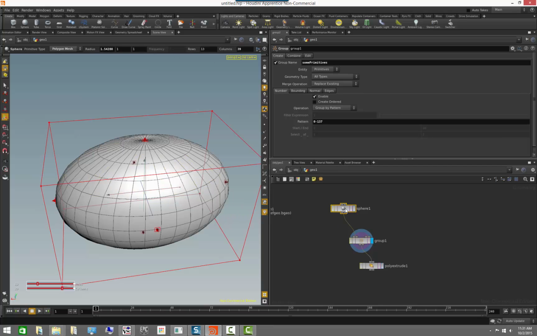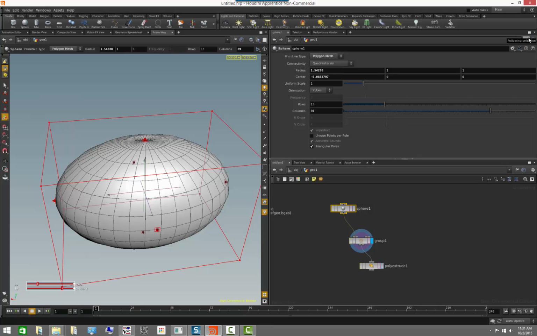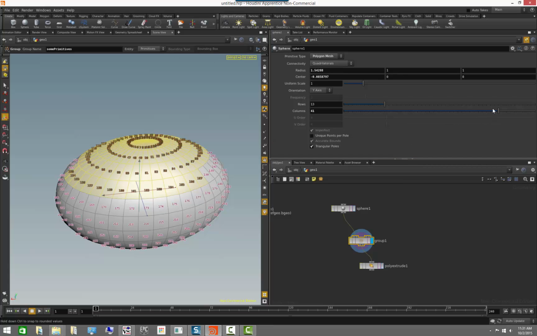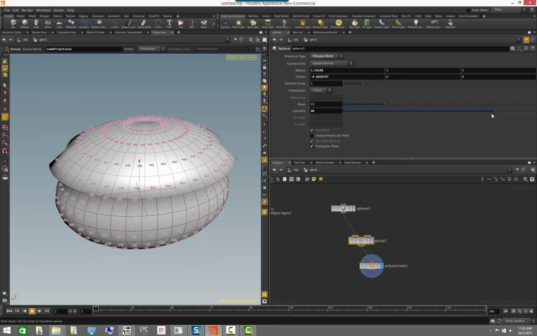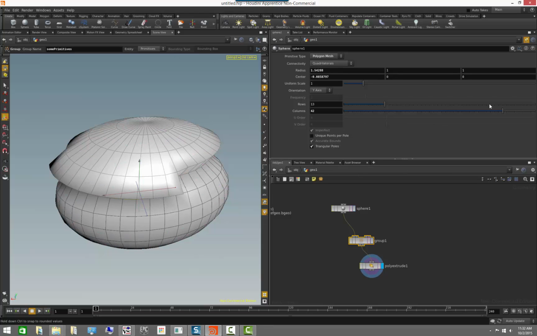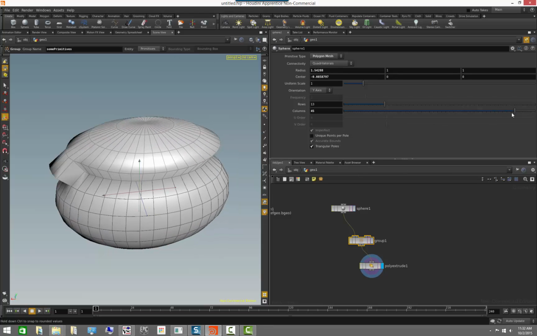Okay, if I select the sphere, and I pin the UI here so that the UI of the sphere stays put while I have the group selected, and I keep adding rows and columns, you will notice that faces keep getting added or removed depending on the IDs of the faces that we are creating. Okay, because remember, we're only adding faces from 0 to 140. Likewise, if we go back to the poly extrude, you will notice that only the faces that match the criteria and get added to the group are the ones that are getting extruded from my extrude operation. Okay,